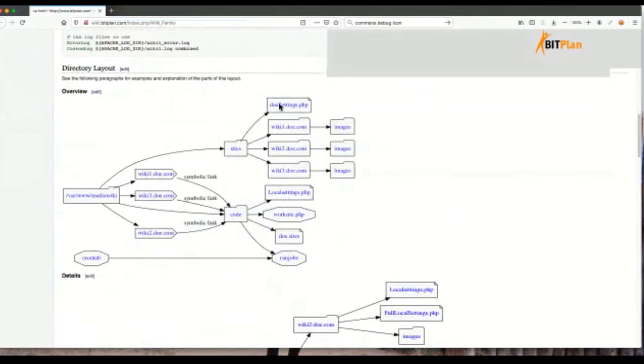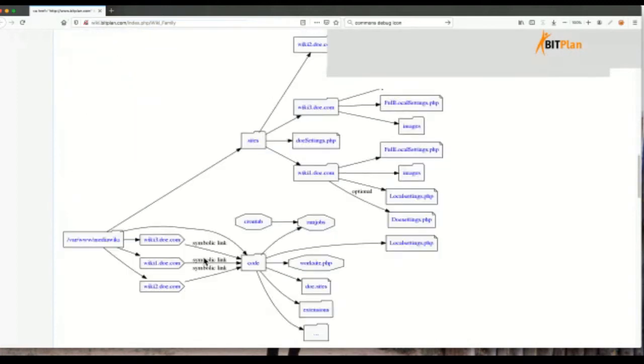And you see there are two graphics. One is the one that you've seen in the presentation. It shows the basic principle, how with symbolic links to the code and with separate directories for images and content, and with special local settings for your sites, and with a common set of tools like the work site.php or a list of sites that you're doing, and the cron tab entries, you can run these things.